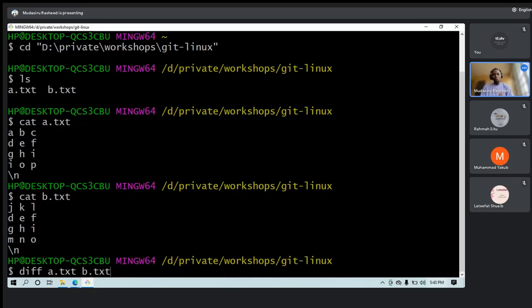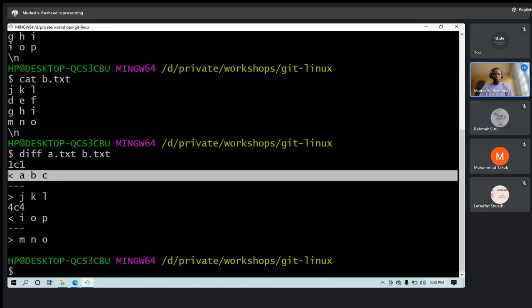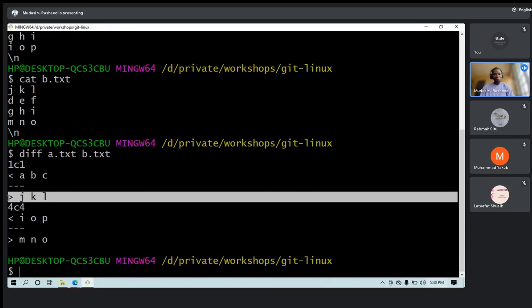If I push this, you can see that it tells me that line one in my A is different from line one in my B. Line one in my A is ABC, and line one in my B is JKL. That's the difference. So if you want to match our pre-request now, what Rashid does, what Taiwo does, we want to put them together.